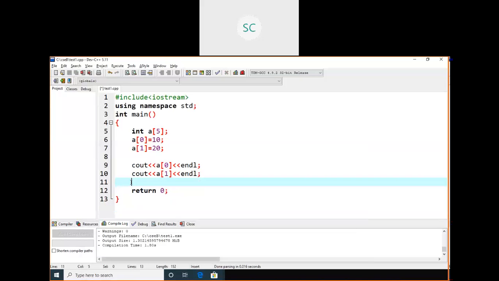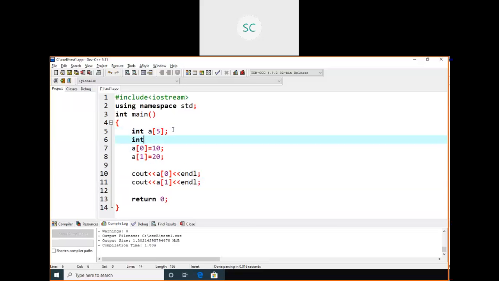Okay, we will go with the second way. Here also I will take size 5, for an array b, and I am going to assign the values 10, 20, 30, 40 and 50.